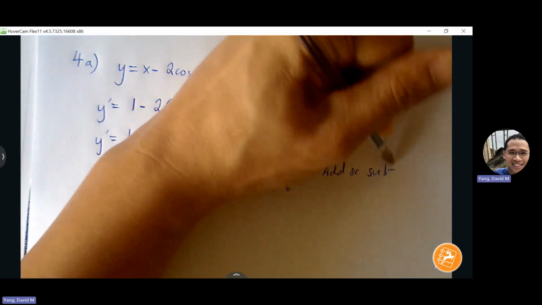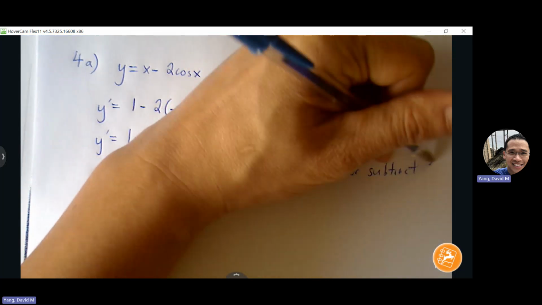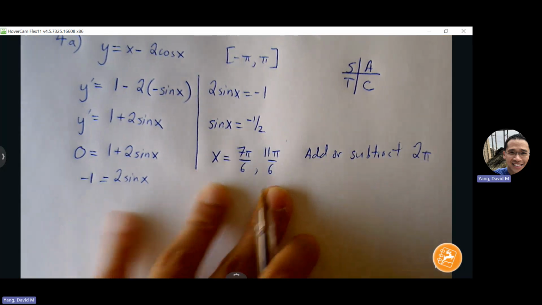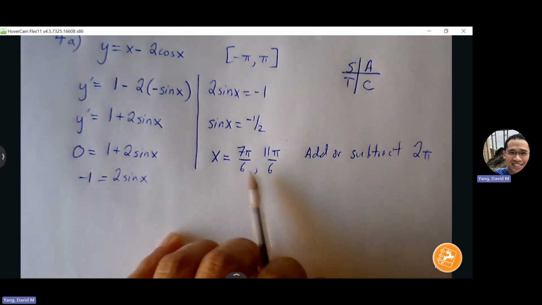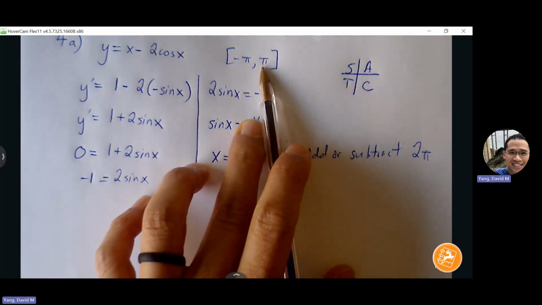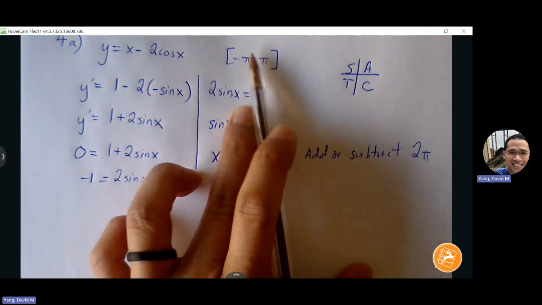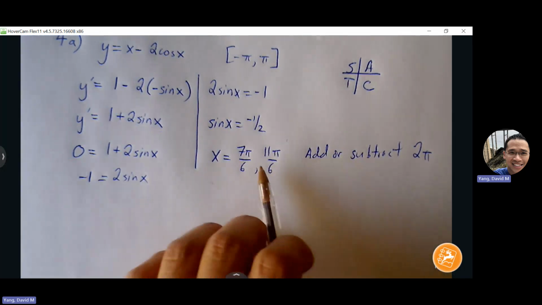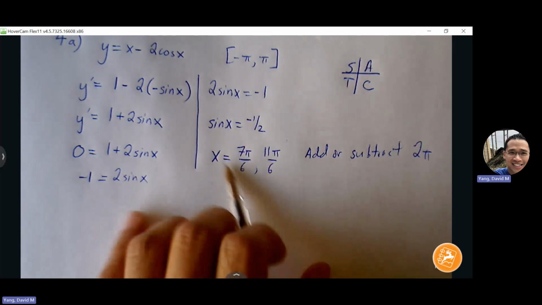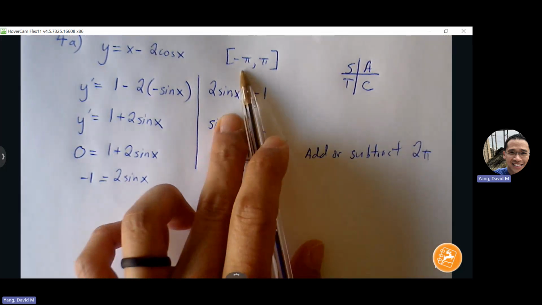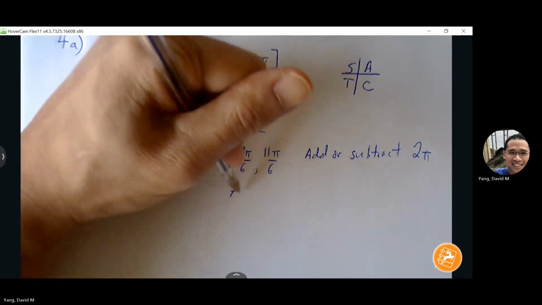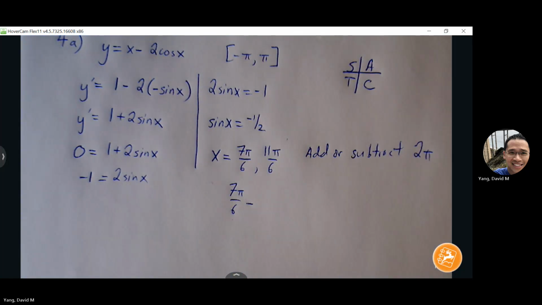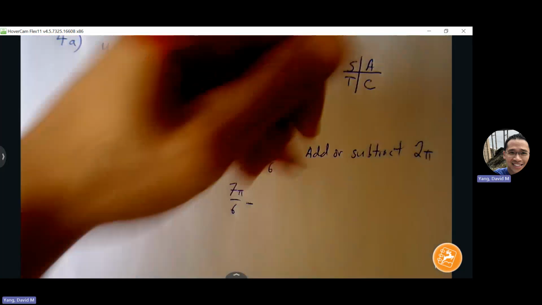So if something is not within range, you can always add or subtract 2 pi to see if it'll create a variation of that value in that range. Now, we obviously don't want to add 2 pi because that is going to be even further to the right. We want something to the left. So we can subtract 2 pi and see if we can find something that falls inside that interval. So subtracting 2 pi is